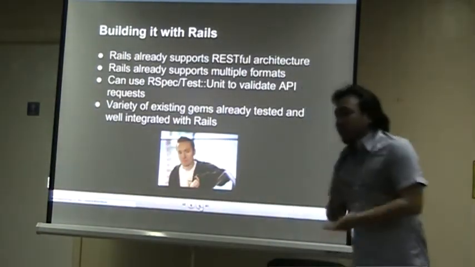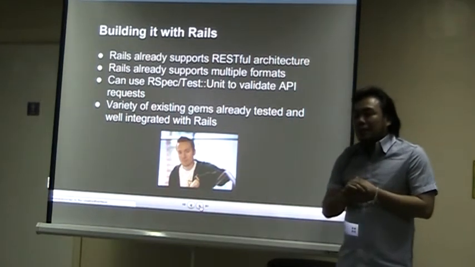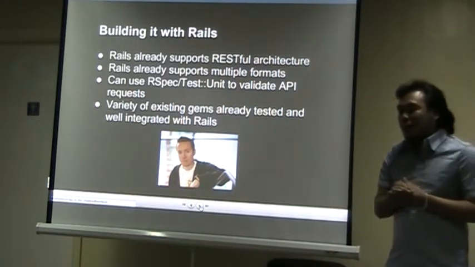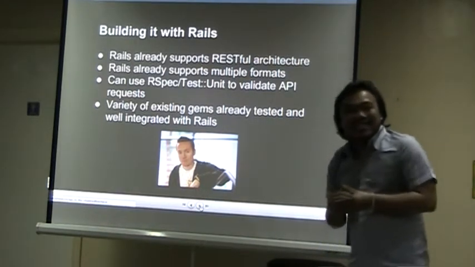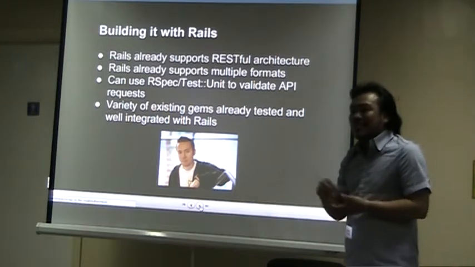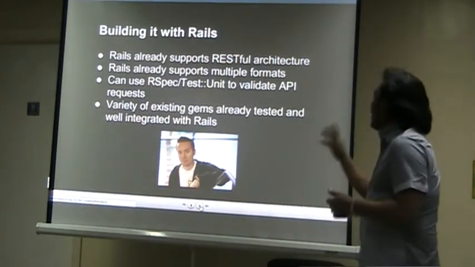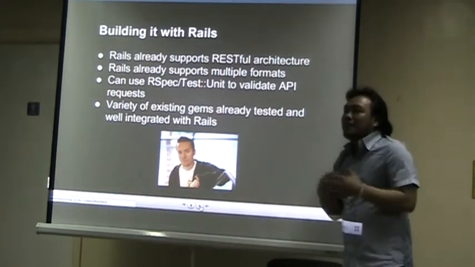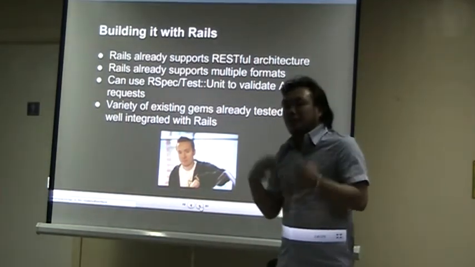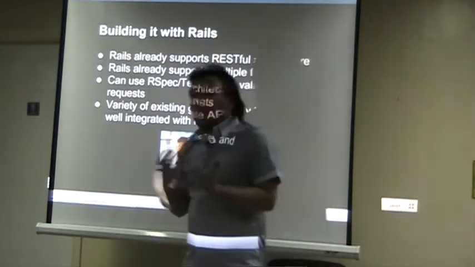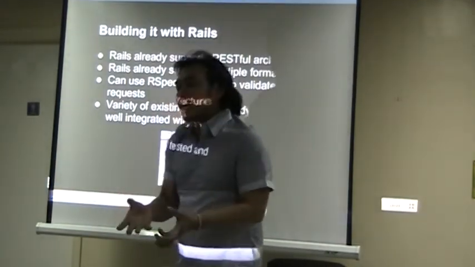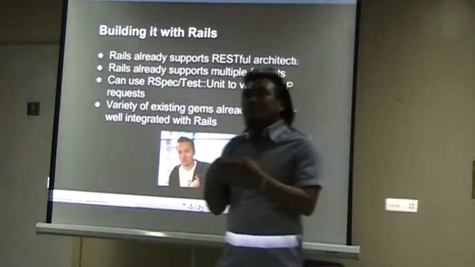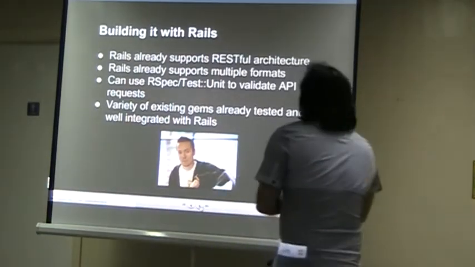The natural tendency for a lot of Ruby people is to build it with Rails, because Rails is one of the most fashionable frameworks today. Right? Like, who here uses Rails? I guess almost everybody. The good thing about Rails is that it already supports some kind of RESTful architecture. So you already know that it will support REST. If you want your client to use a REST interface, you can easily do it with Rails.